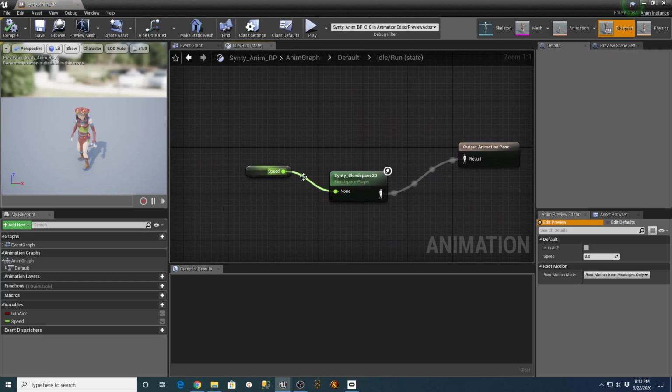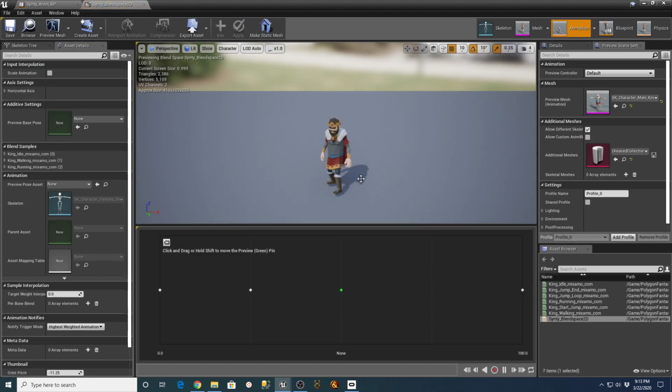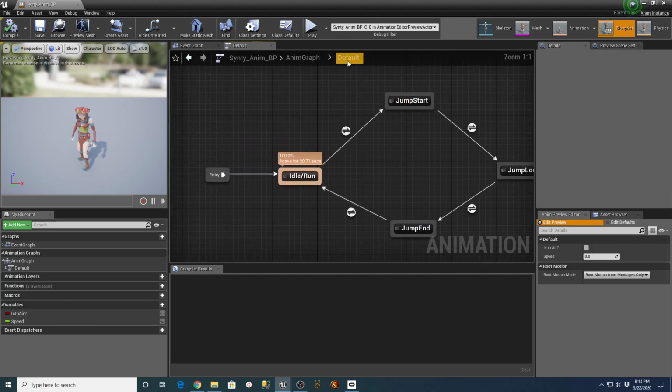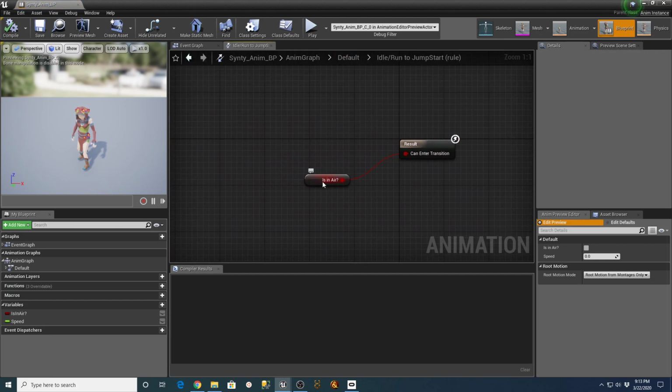Entry to idle. That's the correct thing there. Can enter transition.